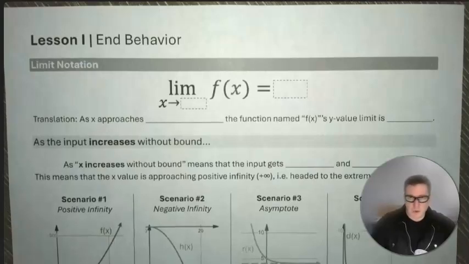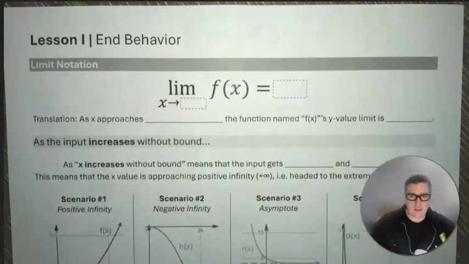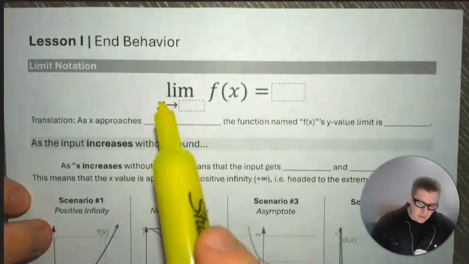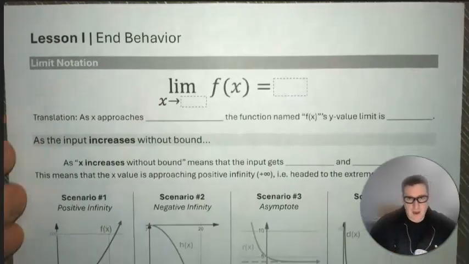All right, in this lesson, we're going to learn about end behavior. End behavior is what functions do when x gets radically large or radically negative. Okay, and we're always going to use what's known as a limit form to write the behavior of graphs at